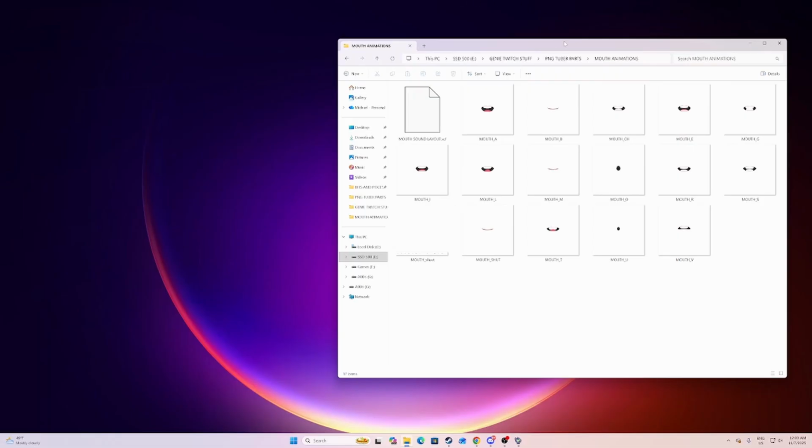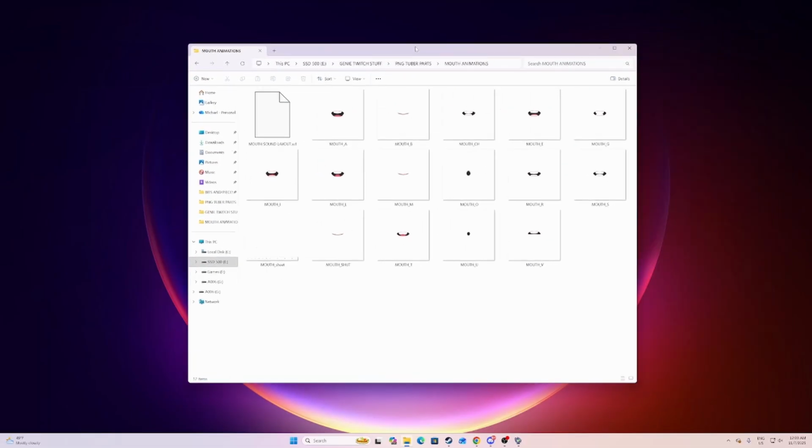In your editing software of choice, you need to edit all of the mouth shapes that you need. These are all the ones that are needed to work with this particular software. I want to draw attention to the way they are named. It will not accept any other naming convention besides this. And if it's a letter that it doesn't recognize, it will not use that letter either. So it needs to be named correctly. What you want to do from here